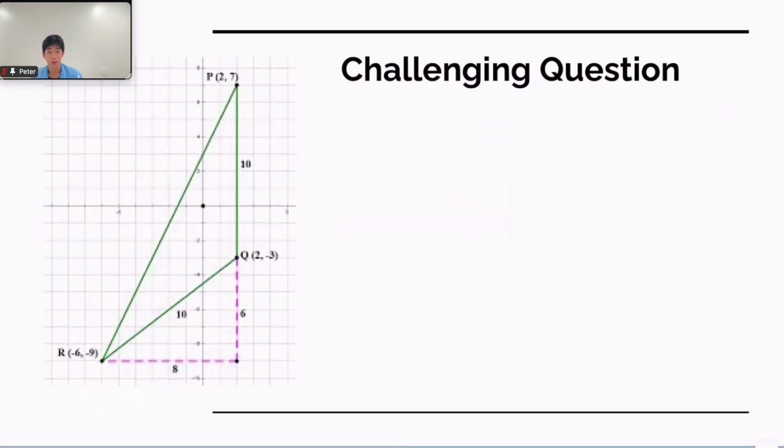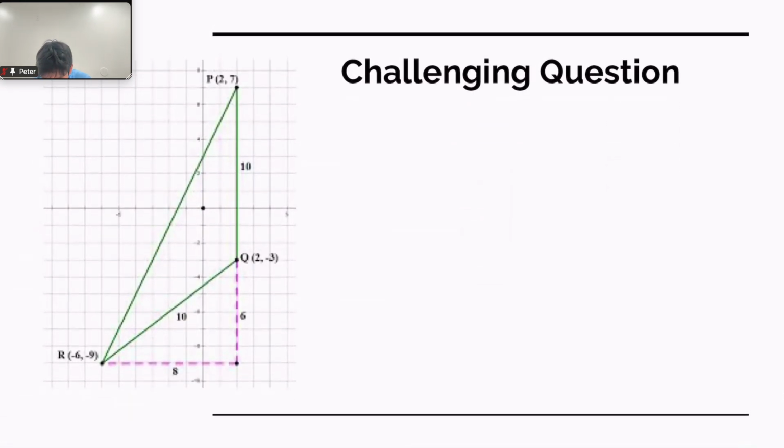There's another challenging problem. We're going to find all of the slopes here. Ignore this one, this is just undefined. We're going to find these two slopes. All right, let's take a look at the first one. We're going to reference this as number 1 and this as number 2. For number 1, we have 2 points: x1, y1 will be negative 6, negative 9, and x2, y2 will be